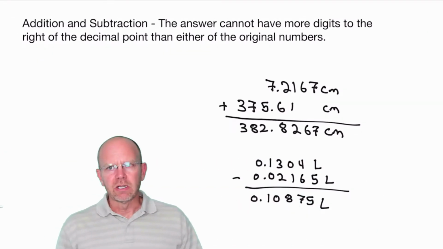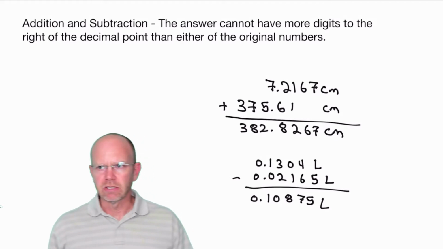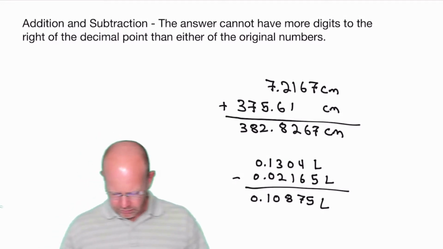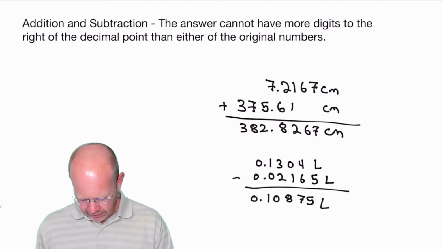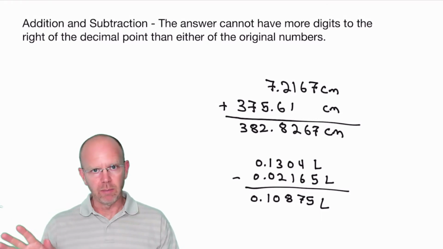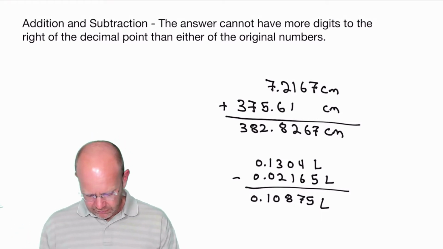So let's start with addition and subtraction. In addition and subtraction, the answer, the sum, or the difference, cannot have more digits to the right of the decimal point than either of the original numbers. So let's take this first example here. If we had 7.2167 centimeters, that number has 5 significant digits. 4 of them are past the decimal point. Added to